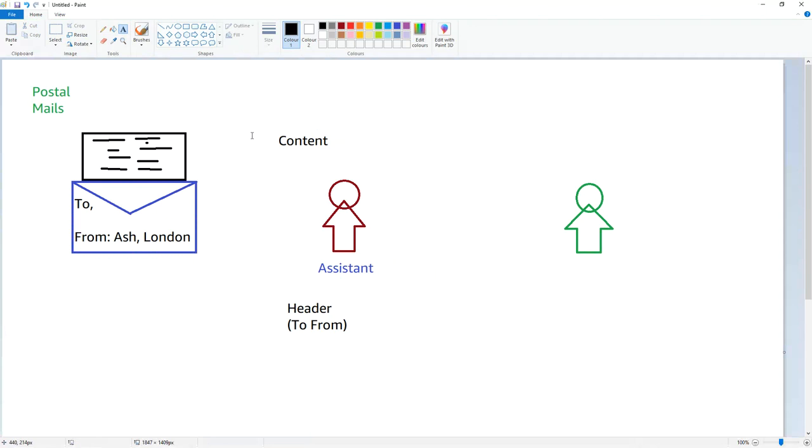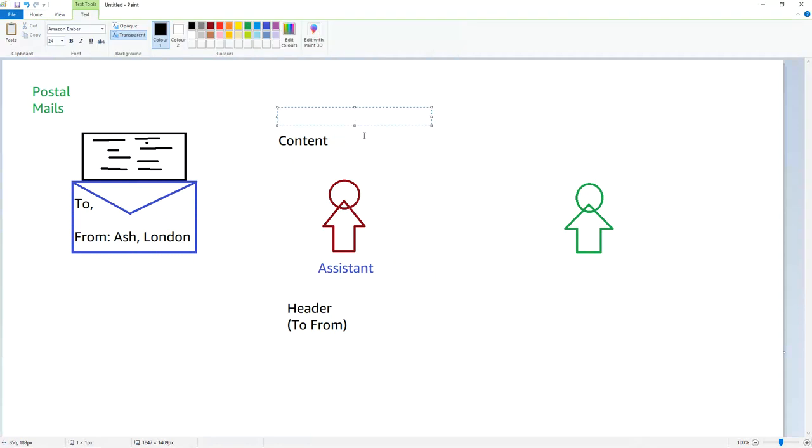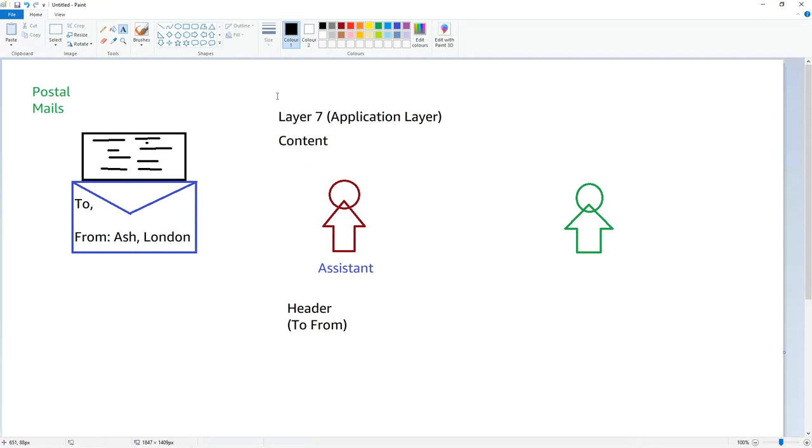What we are doing here in content reading is basically reading Layer 7 information. This content is Layer 7 information, or sometimes people just call it application layer information. So if the decision to forward the letter is based on Layer 7 or the content of the request, we call that load balancer a Layer 7 load balancer or application load balancer.